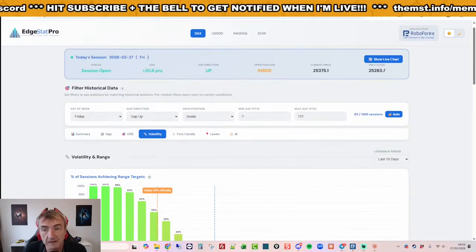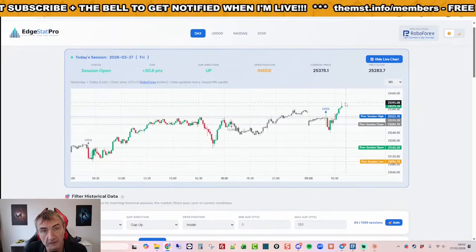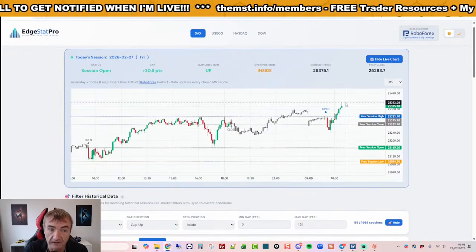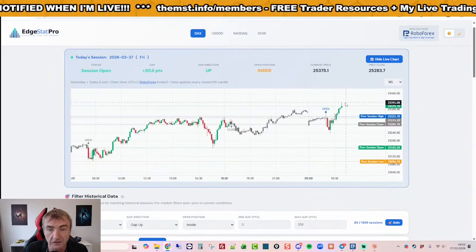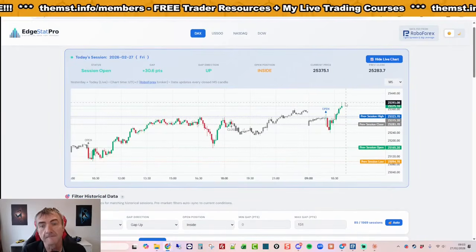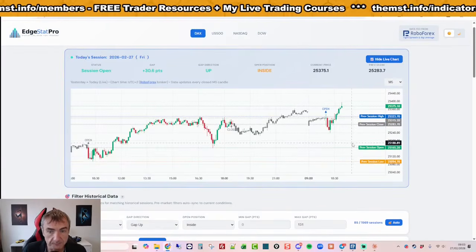Because don't forget, he can see the market unfolding because he gets data fed to him live every 5 minutes. He doesn't get it every minute or every tick, it's just too much, too overloaded. We're looking at candle close on the 5-minute chart. That's all he knows, but that's what he makes his decisions based on.